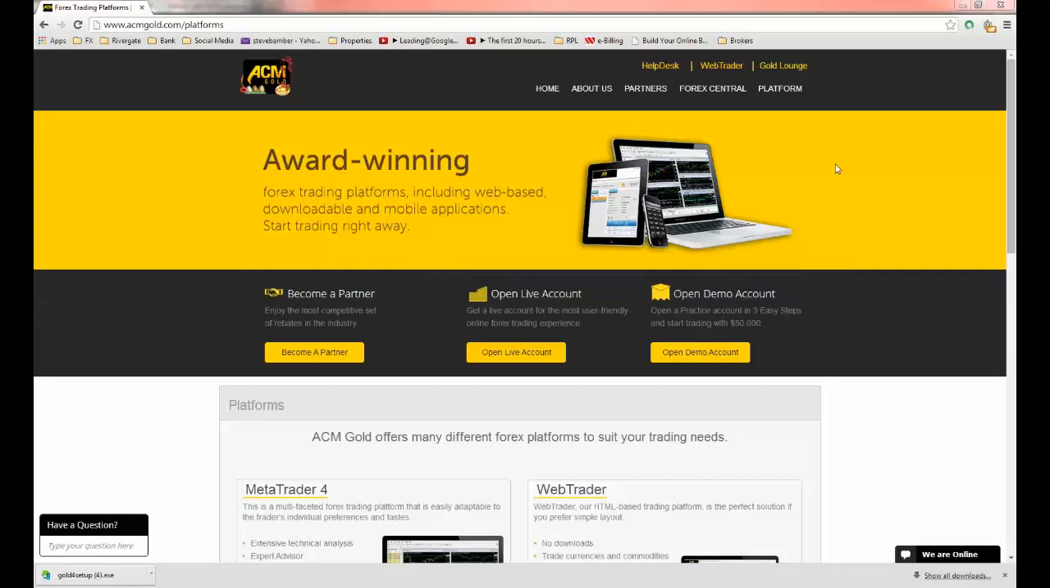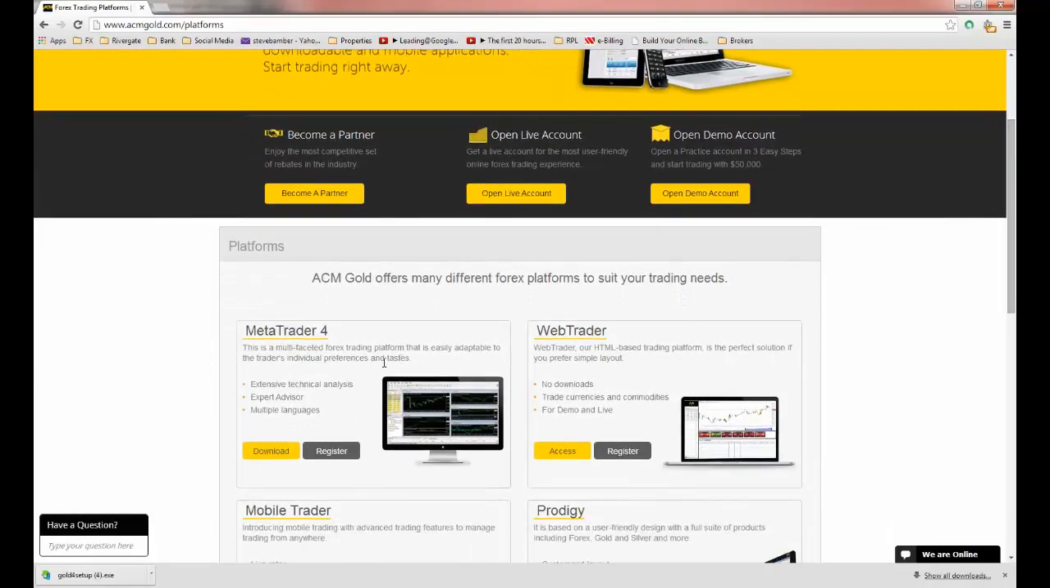So once you've got your MetaTrader 4 account number from ACM Gold, your demo account number, you want to go to the website and click on platform at the top right hand corner. This will then open this screen in front of you. You scroll down where it says MetaTrader 4 at the bottom left hand side here, and then click on download. Once you've clicked on that, it will download